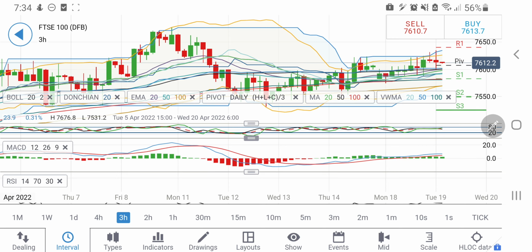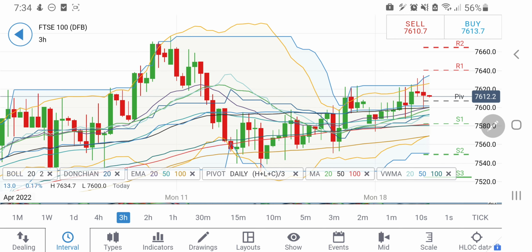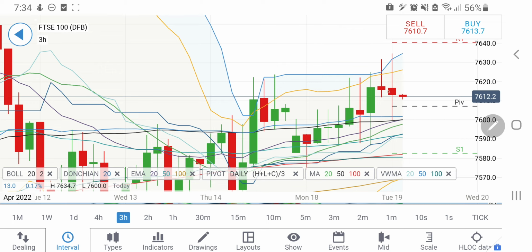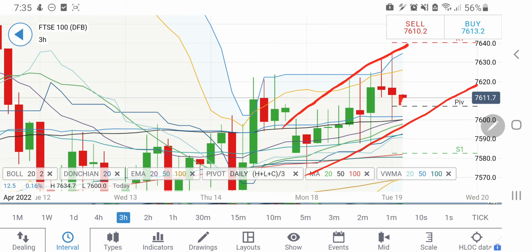And if you look at the 3-hour charts, see, it is trying to give you another red candle. That is what it is. See, the channel high is at around 7,640 and the channel low is at around 7,600 and 7,580. Looking at this on the 3-hour charts, it appears it may try to give you another red candle, which may bring it towards 7,600 and 7,590, 7,590 and 7,580 levels. This is going to be a very strong support at 7,580, and yes, it can try to bounce back from 7,600 again towards the 7,640 level.